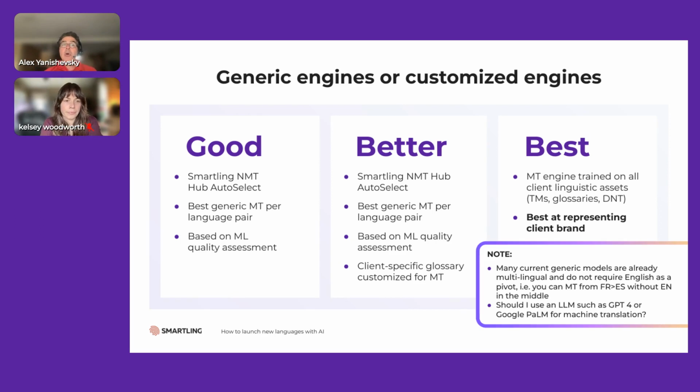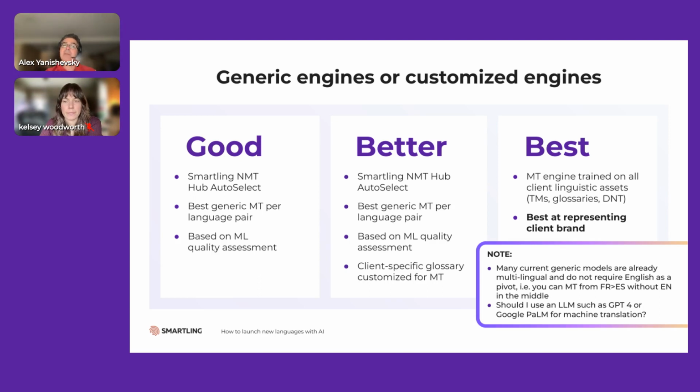best. Right. So good is essentially, especially in the Smartling platform, we have this idea of auto select where we can use a generic engine. So think of your Google Translate, think of your Amazon, think of your Microsoft, but rather than you doing bake-offs and saying, hey, what's the best one to use for Spanish or what's the best one to use for German? We have a machine learning quality assessment where we're able to choose the best one per language pair. Now, when I say generic engine, what I mean by this is your Google Translate without anything else on top of it, right? Now, the better bucket is the same thing, but now we're overlaying